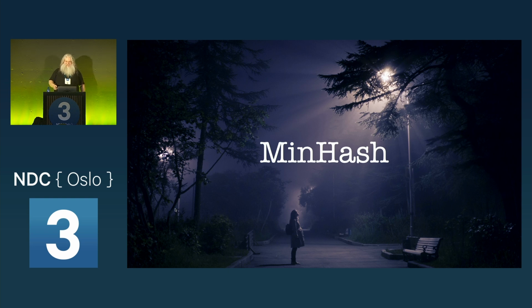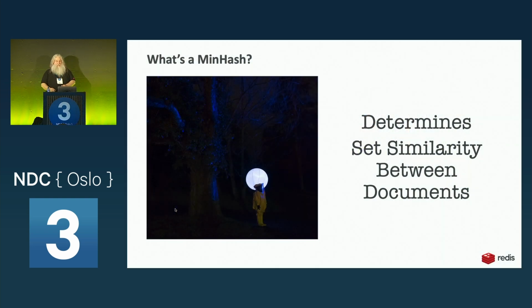Okay. But what they do is they determine set similarity between documents. So let's say you all wrote term papers, and I wanted to see who cheated. I could use this to compare all of the term papers to each other and find how similar they were, and get an index of, if they're more similar, you might have cheated. Who here cheated? Someone's going to raise their hand and be a smartass. I know it. So you can use a MinHash to do this in a probabilistic fashion.